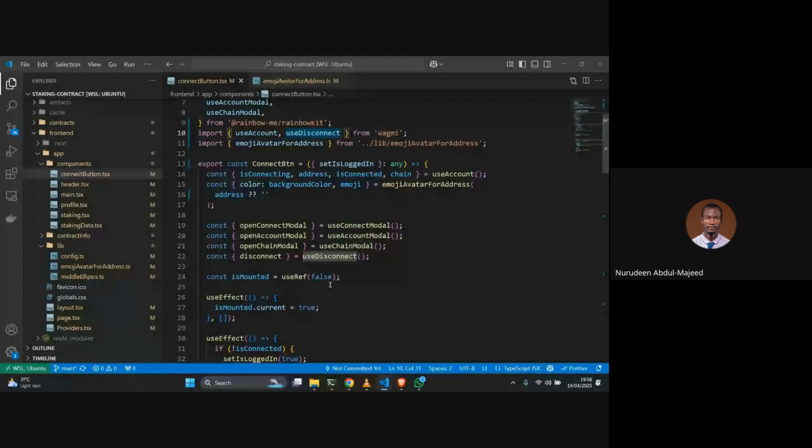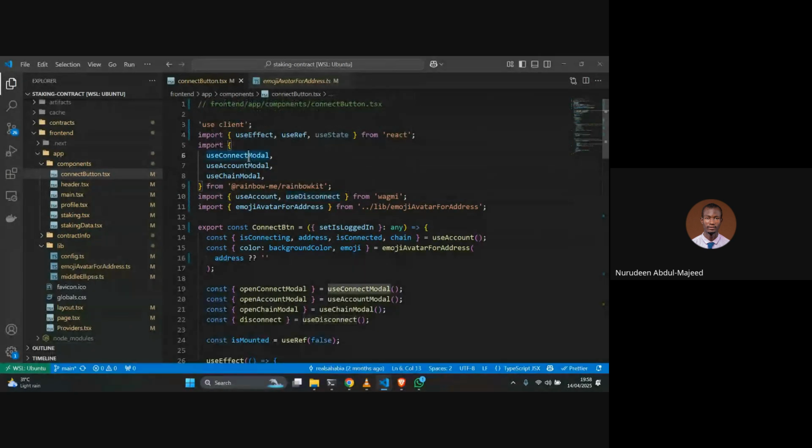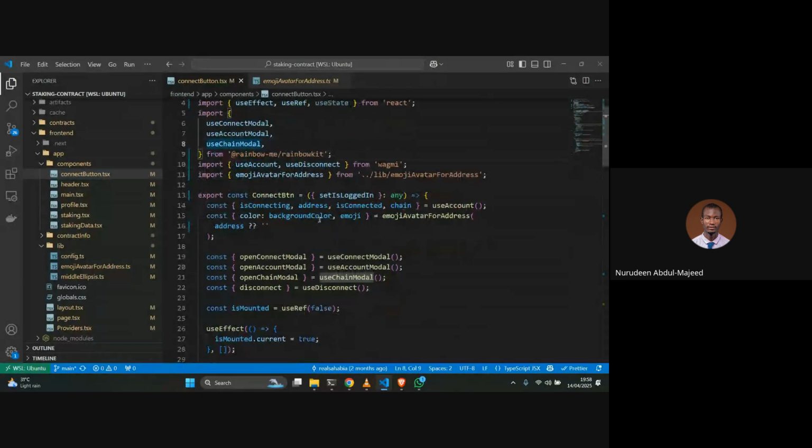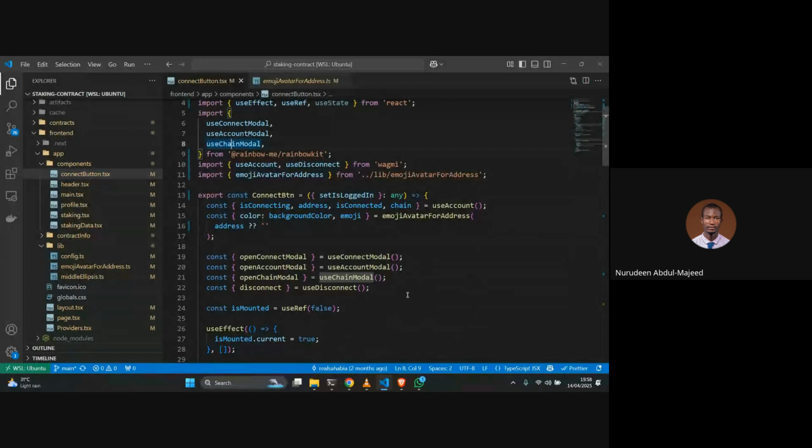So if you come here, you're going to realize that we also imported useConnectModal, useAccountModal, and then useChainModal from RainbowKit. Wagmi and RainbowKit go together to build the UI and the logic of how we connect to our wallet. So from here, you can see that this useConnectModal returns us openConnectModal. So if you click on connect modal,